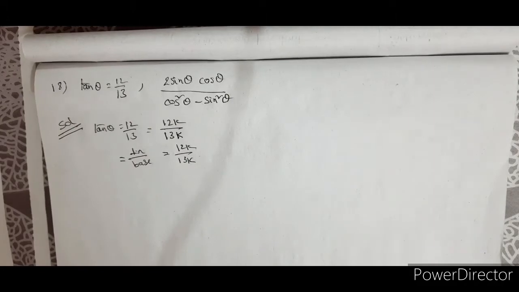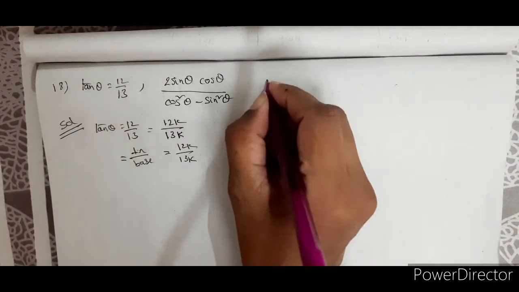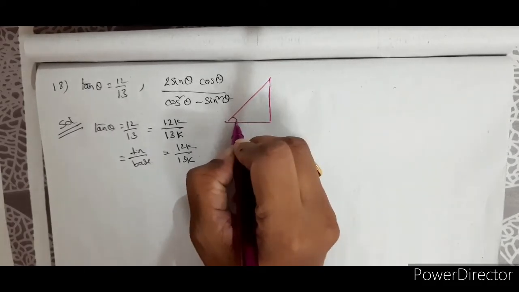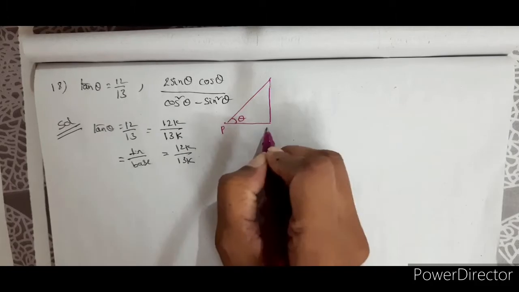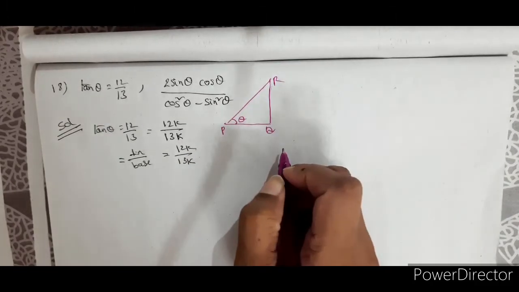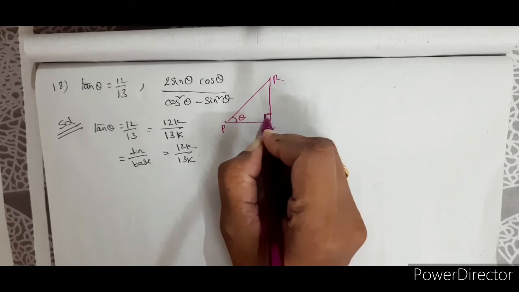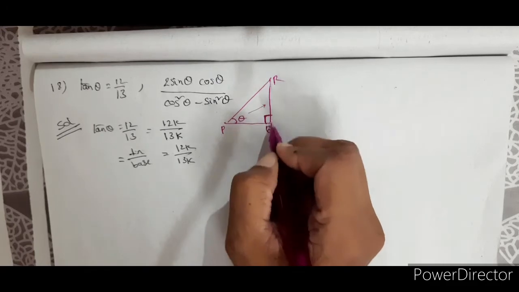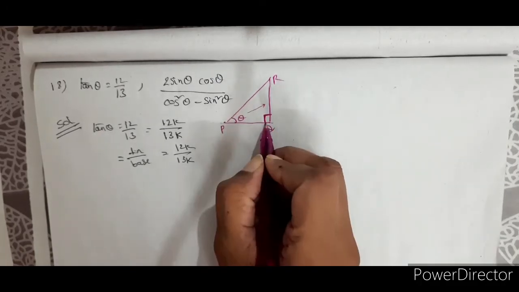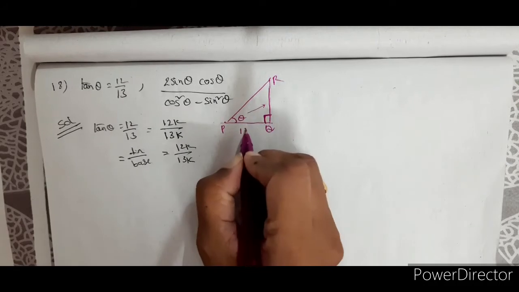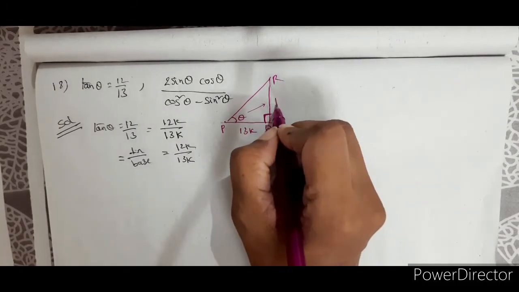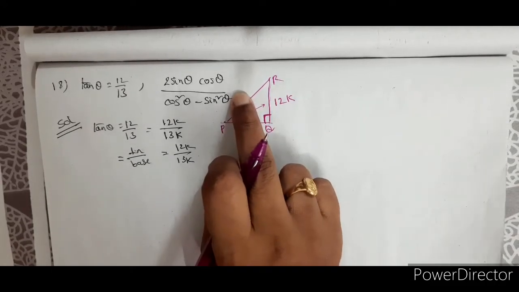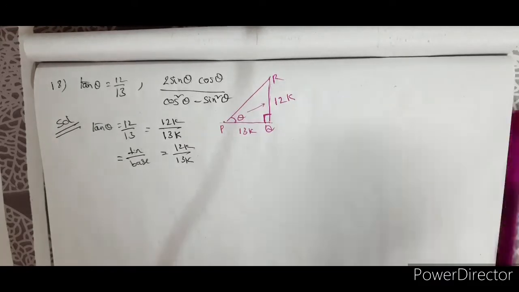Right, so now for this one we are going to draw a right angle triangle as usual. So here is a right angle triangle. Let me assume theta to be here. I'll name it as PQR, the vertices of the triangle. Here is the right angle, that is 90 degrees. And now opposite to this is the vertical or perpendicular, and this becomes the base. In base value you have 13k. In the place of perpendicular you have 12k. So now we know both the sides. Now you have to find out the third side using, yes, Pythagoras theorem.